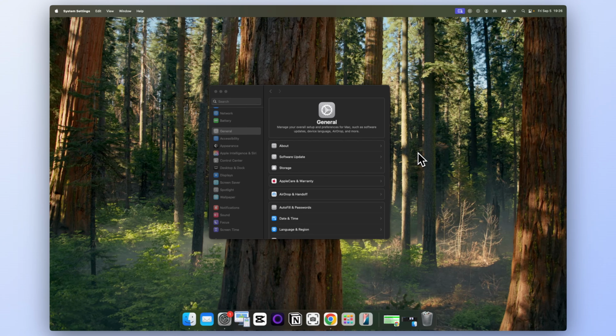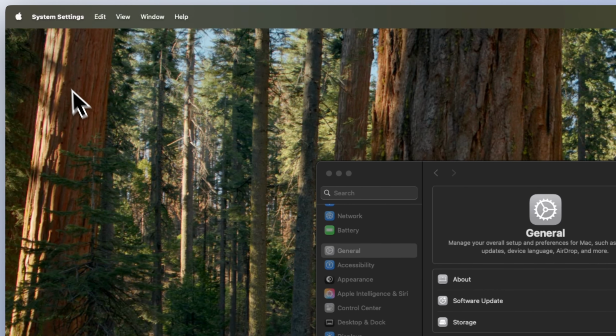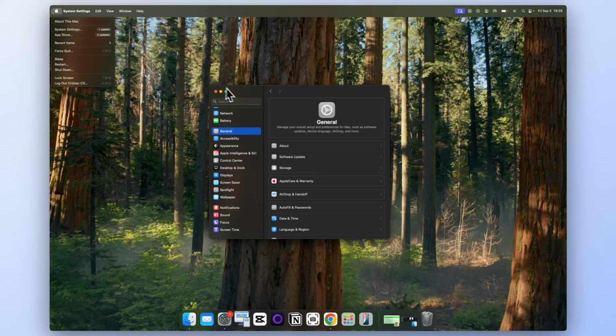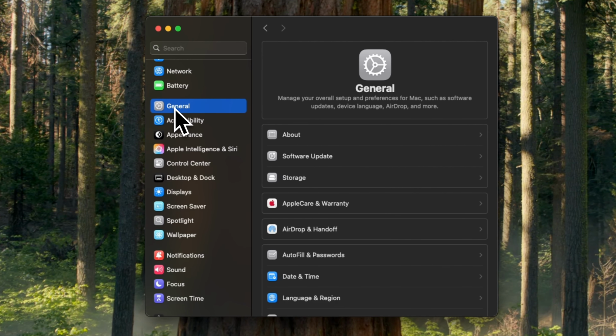The first step is to simply go to your system settings. In order to do that, you're gonna have to click on the Apple icon in the top left corner and then click on System Settings. Now after you do that, you're gonna have to go to General, and from here you're gonna have to simply